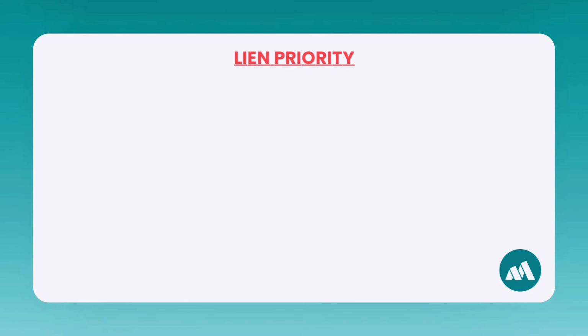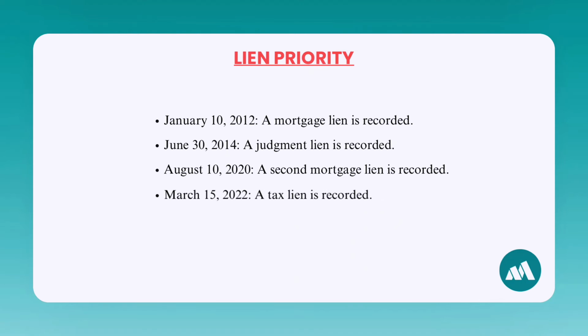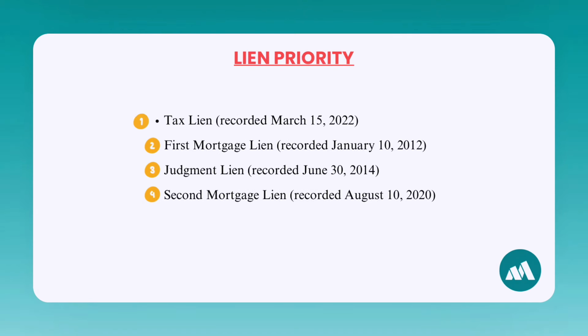Imagine these liens are recorded on a property. January 10, 2012, a mortgage lien is recorded. June 30th, 2014, a judgment lien is recorded. August 10, 2020, a second mortgage lien is recorded. And March 15, 2022, a tax lien is recorded. In this scenario, even though the tax lien was recorded last, it takes priority and gets paid off first. After that, the first mortgage lien, which was recorded earliest, is paid off, followed by the judgment lien, and finally,